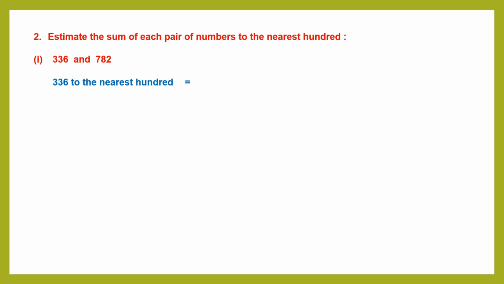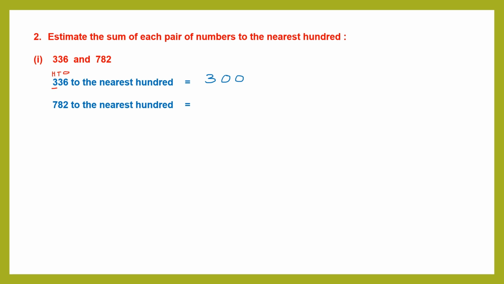336 to the nearest 100. Which is the digit in the hundreds place? We have ones, tens and hundreds. 3 is in the hundreds place. Now look at the digit to its right. It's less than 5. So 3, what you have underlined, will remain the same. So let me write 3 and the other two digits become 2 zeros. So that's 300. Next one is